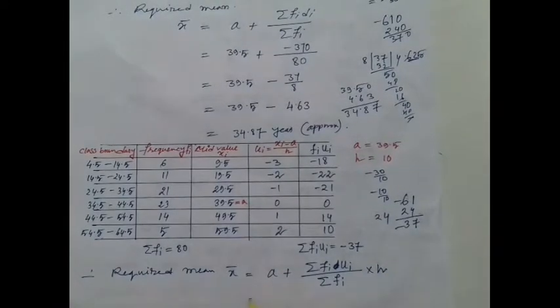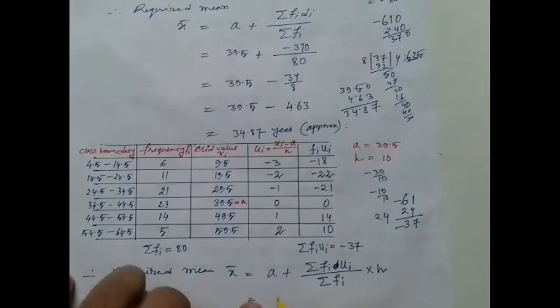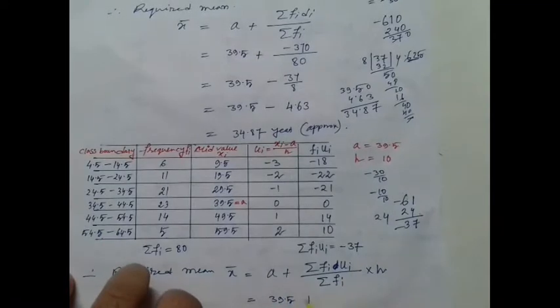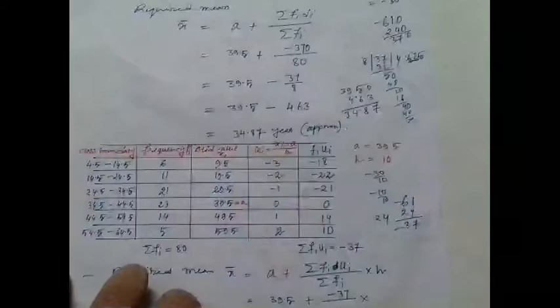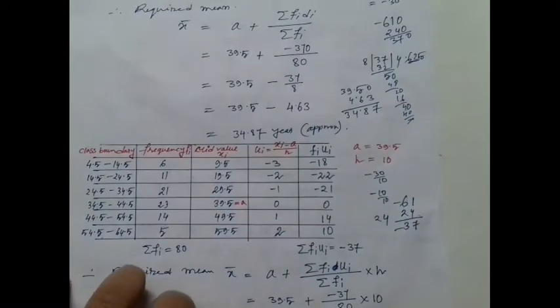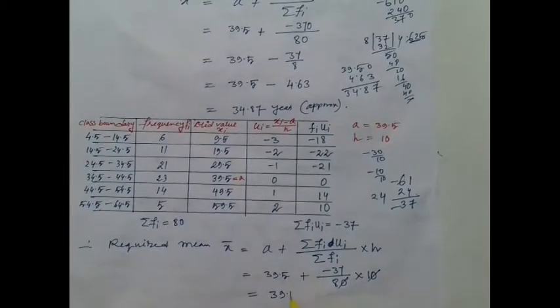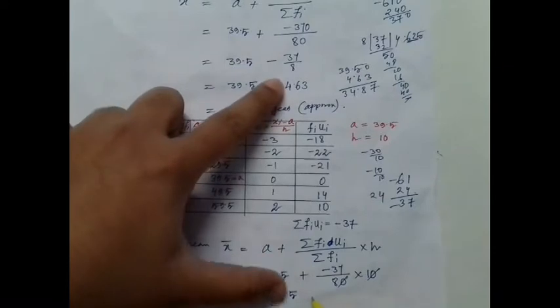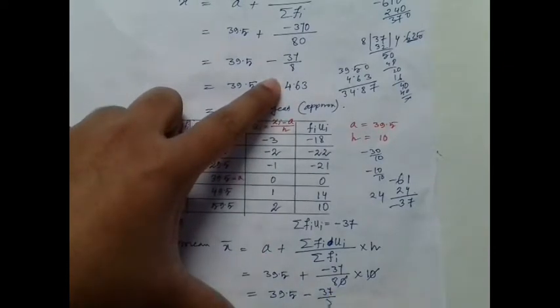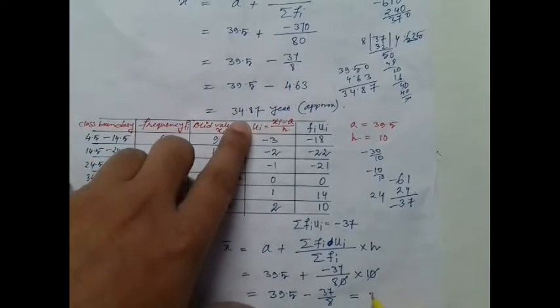A we have taken 39.5, plus summation fi ui we got minus 37, and summation fi we got 80, and h we have 10. Now you can cancel, and here also we are getting the same calculation, that is 39.5 minus 37 by 8. So we can write directly,